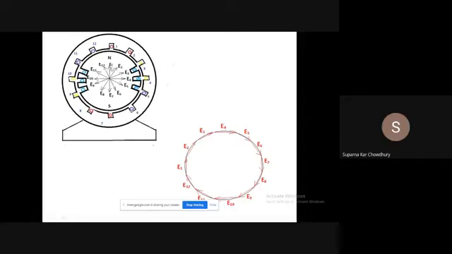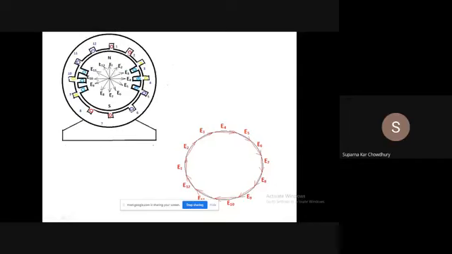So at this particular instant, what is the projection of E1 along the field axis? This is E1 and this is E7. So this is the EMF which is induced in these coils. And for this coil, these conductors 4 and 7, the field axis and the coil axis are coincident. So flux linkage is maximum, but the EMFs are 0. So what is the EMF according to this figure? The projection of this along the field axis is 0, both for conductor 4 and for conductor 10. And that is also true for all other conductors.